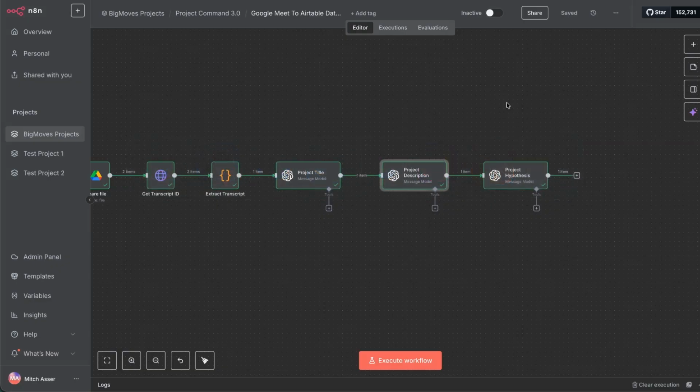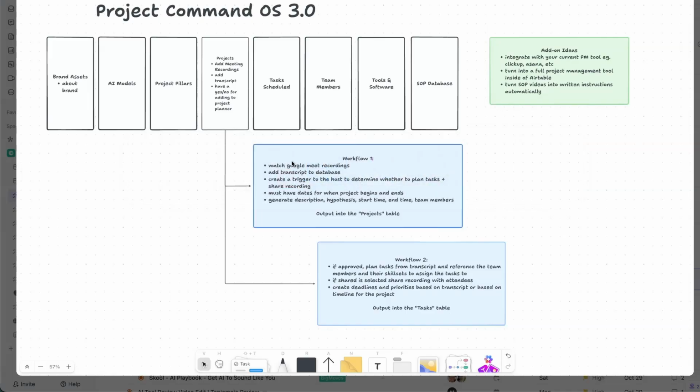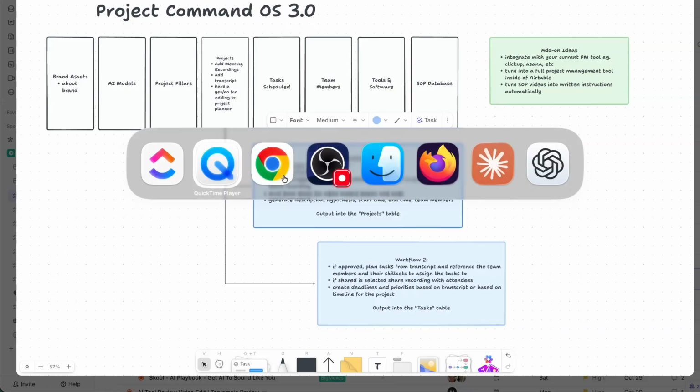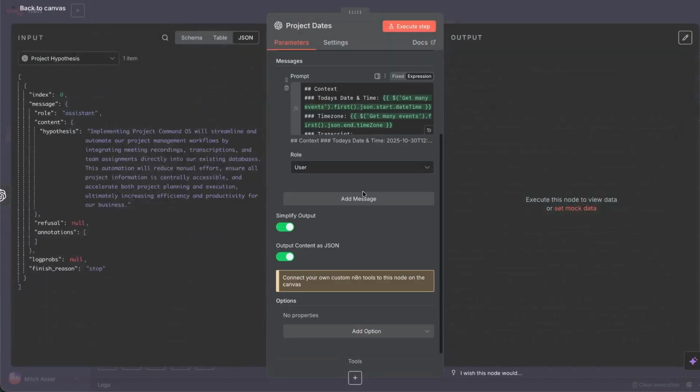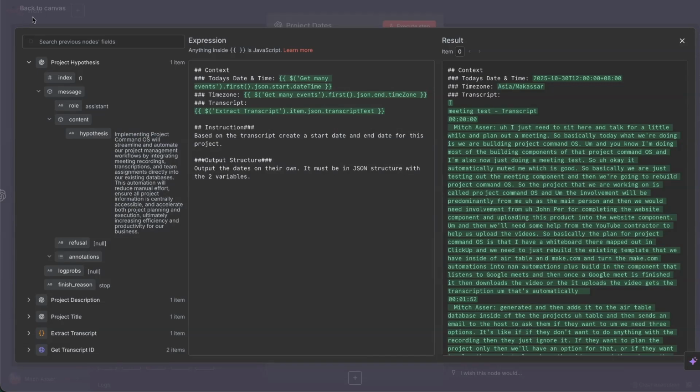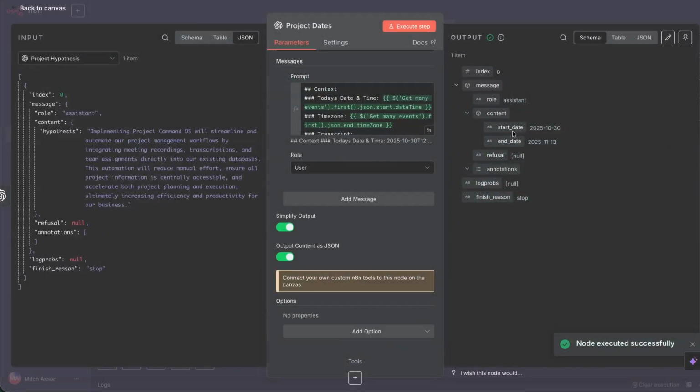Let's just check the whiteboard again, see if we had anything else. Okay, we probably need to pull in start dates and end dates. So let's come back in and we'll do that. So basically this one, I'm asking it to output the content as JSON. So let's see, we actually need to probably give more details on the date JSON. No, so it's got it right. So we'll just